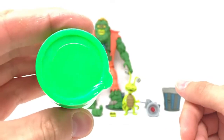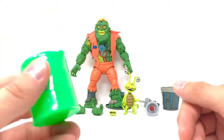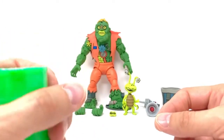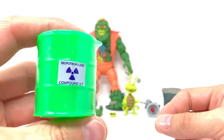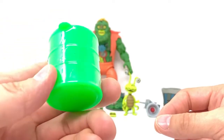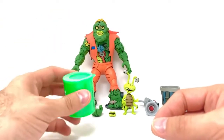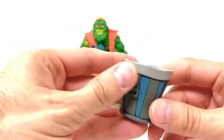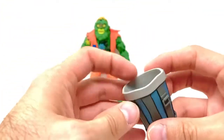There is real slime inside here, which you could use for these figures and other ones. But I just really love the design of this and everything. It's just really cool. So there's that. Obviously you get a garbage can here, and that holds